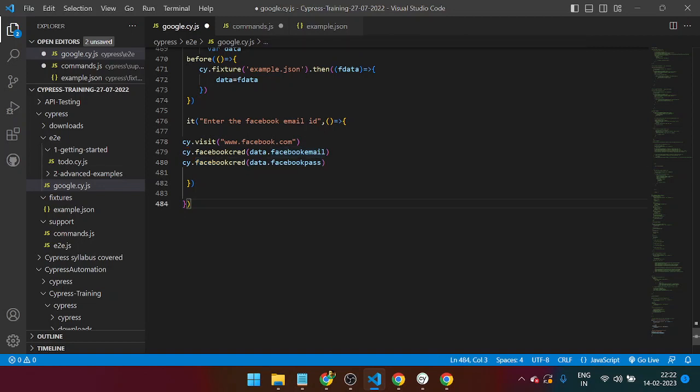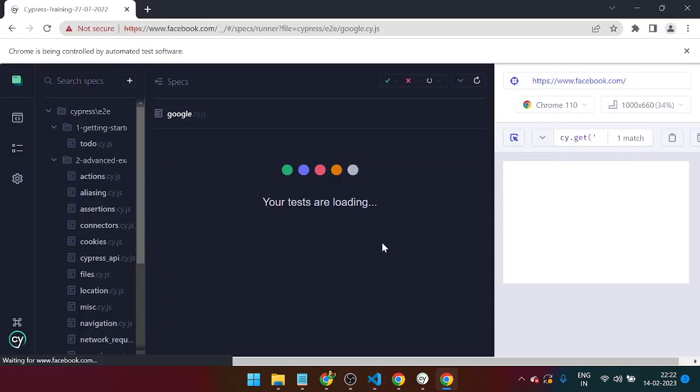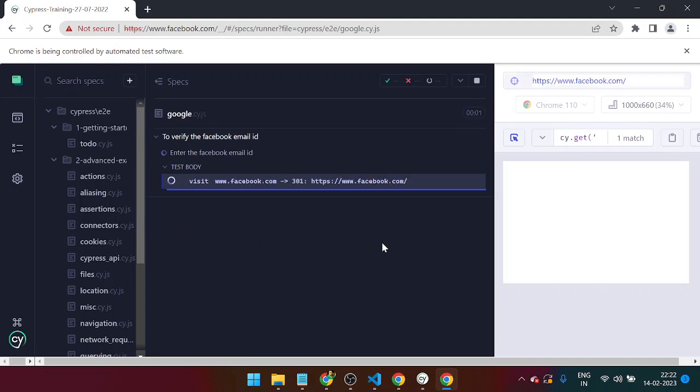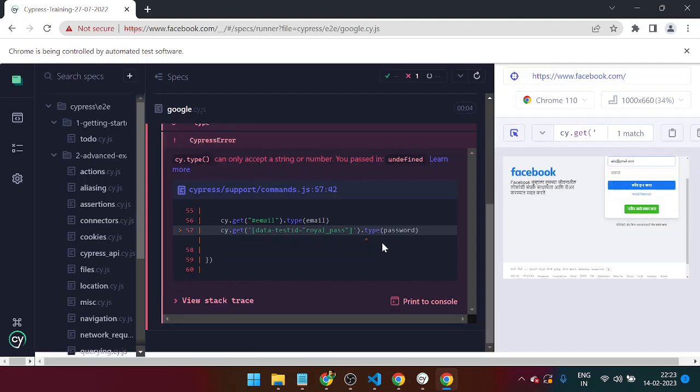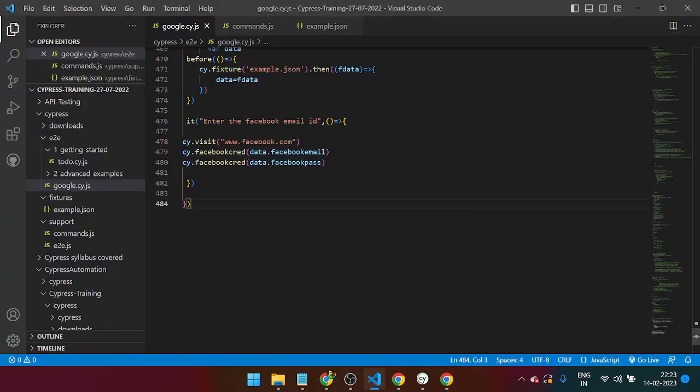Okay, now this was pass. So what happened now if I go and check it out? It says like this password undefined, correct? So let me check the issue here. Okay, what it says: can only accept string or number. You pass in undefined. Let me check. Uh, data dot Facebook pass